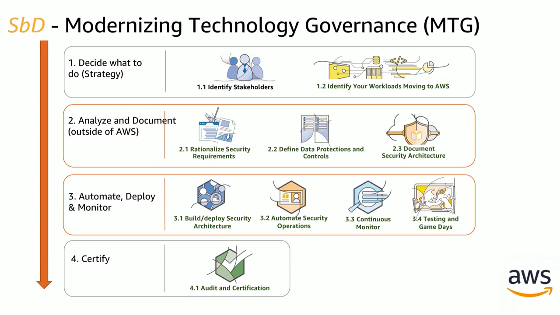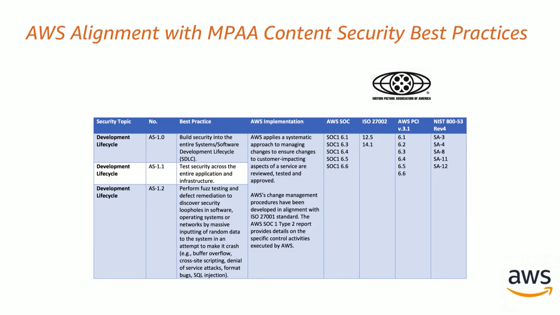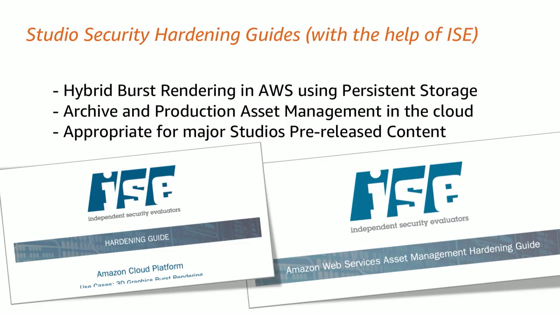Across this process, you're going to see there's help that AWS people can provide, whether that is solution architecture or professional services, et cetera, throughout these steps. And then we work with our partners like ISC to deliver, at the end of the day, a checklist that you'll take to the auditor who audits you for that specific studio requirement. So we worked with the MPA, looking at the MPA best practices and aligning them to our audit reports. It's on our website. You can go check out how AWS fares. Basically, you'll see there's a complete one-to-one mapping across all these different AWS services, across these audit reports.